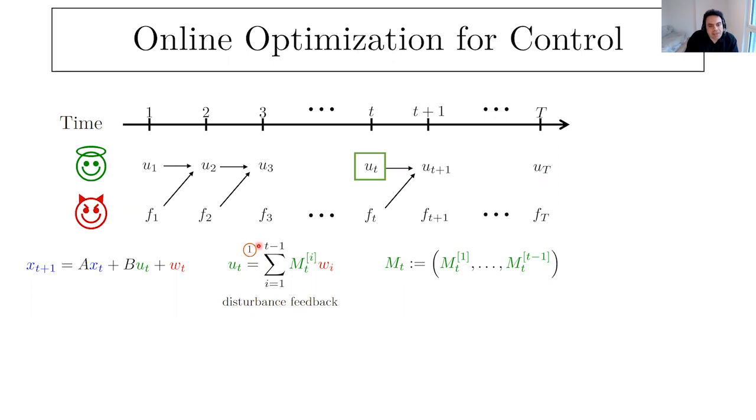So you can think of the first step as generating u_t based on a feedback of the disturbances that you have observed till that point. The sequence of decisions are no longer the actions themselves, but the parameters of the feedback policy. That's the first step. The second step is that as you go further and further, the number of decision variables increases because the feedback that you collect from the whole history is going to increase. That's something that we typically want to avoid in any learning context. So we want to have finitely many parameters.